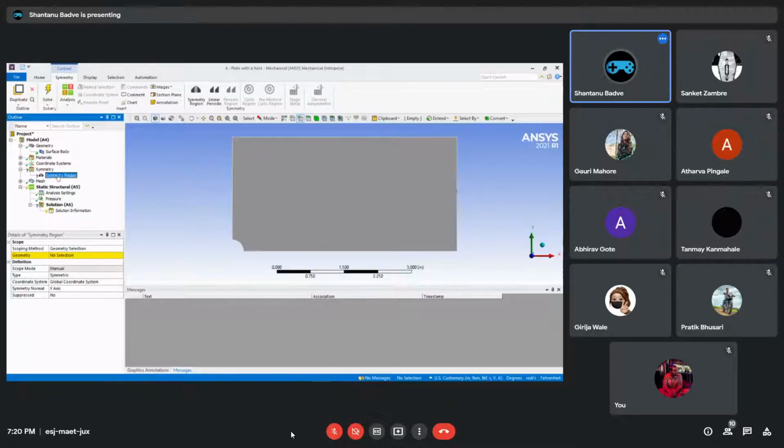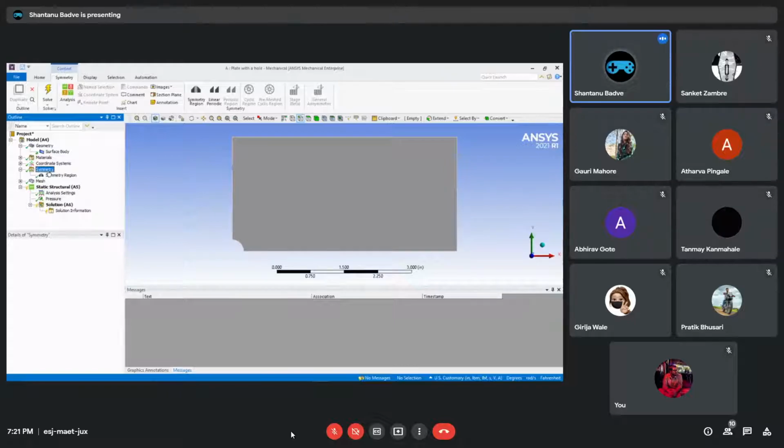So we just select this symmetry region. It is again asking us where we want to apply the symmetry region, and by default we have the edge selection tool selected over here. We'll just go over this edge. Now we know that on the left side of this edge there is a similar geometry present to this, so we will just click it, apply it, and then there is this symmetry normal. The symmetry normal for this case has to be set to x-axis because we are basically telling that there is a similar geometry on this side, on the left side, which is on the x-axis. And then this is set to x-axis.